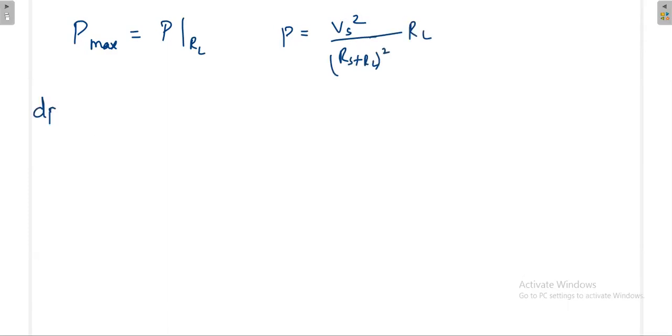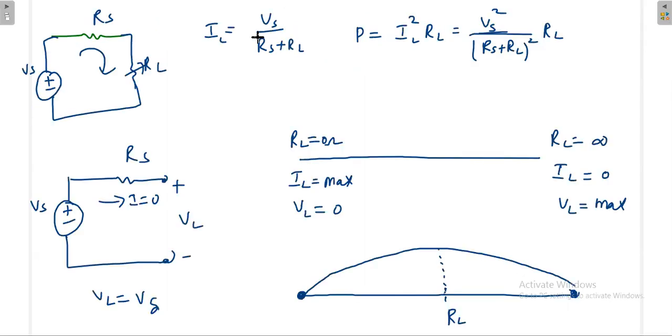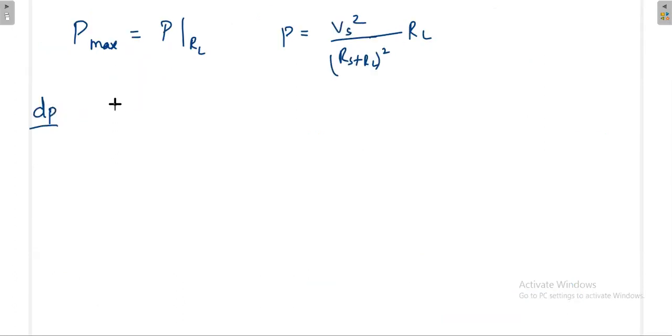If I differentiate that power equation, with respect to what, sir? Anybody? Rs or RL? With respect to what I have to differentiate to get the maxima? RL, yes, because RL is variable. So with respect to RL, I have to differentiate. Once you differentiate, you have to apply the U by V formula, then you'll get like this. I am not worried about Vs square, that is constant only. Even if you take it, no problem. If you don't take it also, no problem.